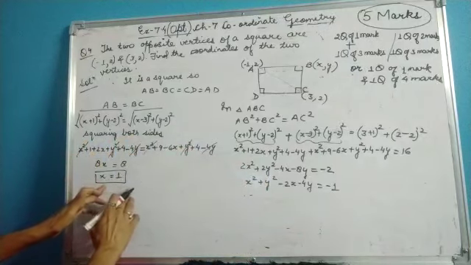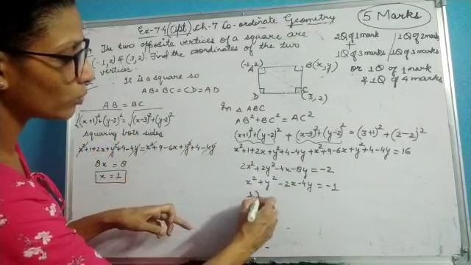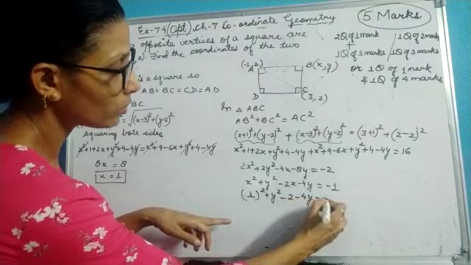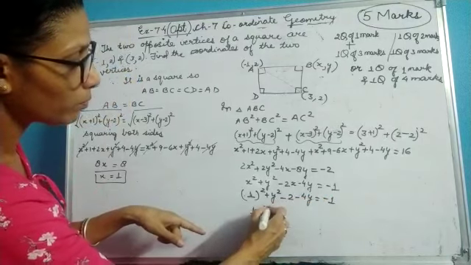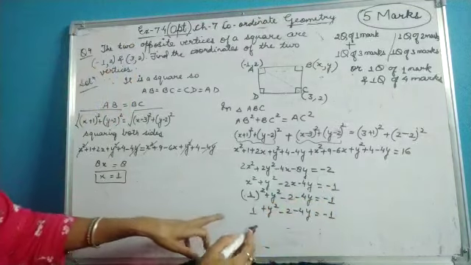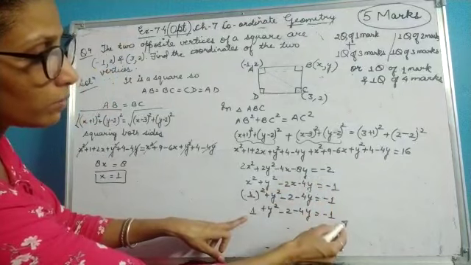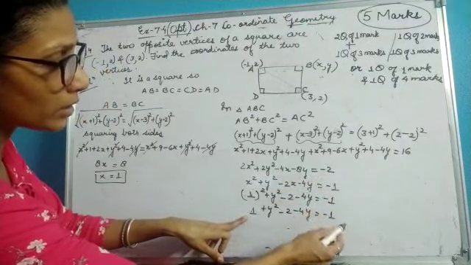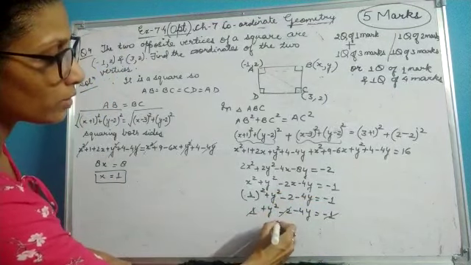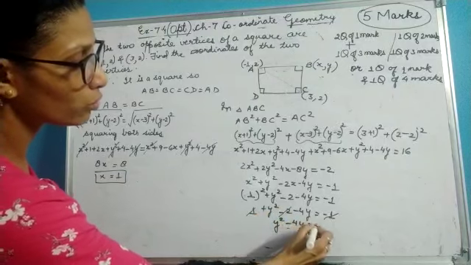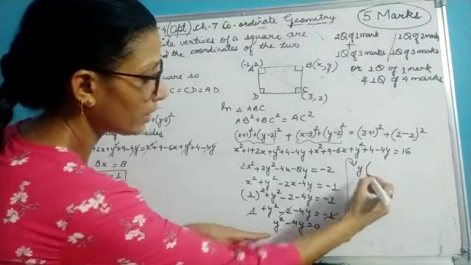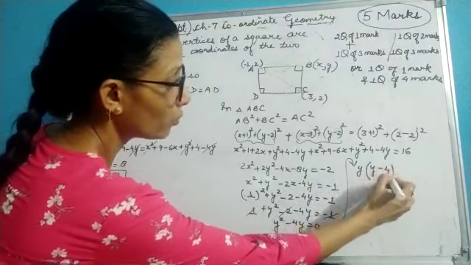Now after this I am not able to solve it further, so I will be taking use of this. Here it is given x equal to 1, so I can put x equal to 1 over here. So this is 1 square plus y square minus 2 minus 4y equal to minus 1. So here it will be 1 plus y square minus 2 minus 4y equal to minus 1. Now this 1 will go this side, it will become minus 1. So minus 2, and this minus 2 will get cancelled with this minus 2. That means these terms are gone. So now I am left with y square minus 4y equal to 0. Out of these two I can take y common. So taking y as common, I will be getting y into y minus 4 equal to 0.